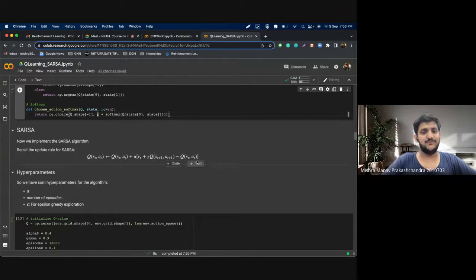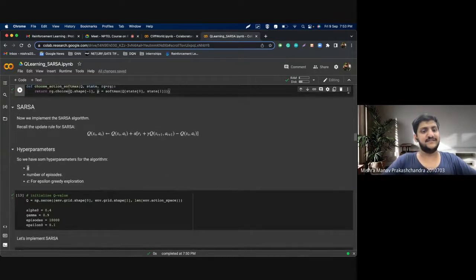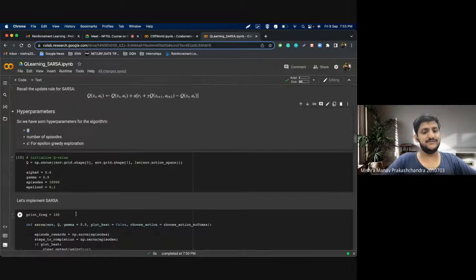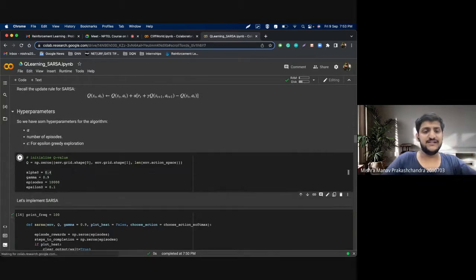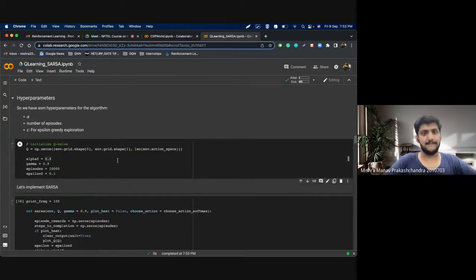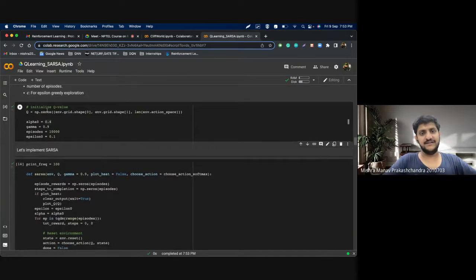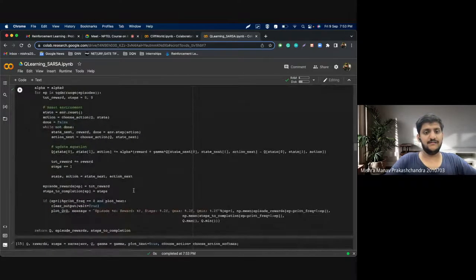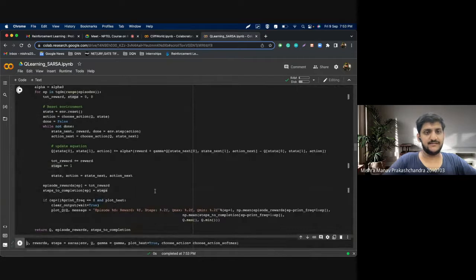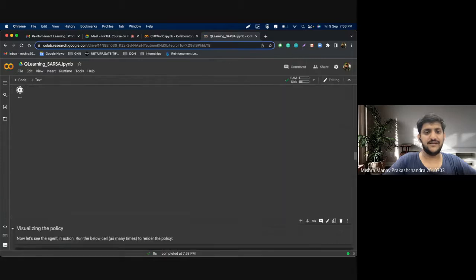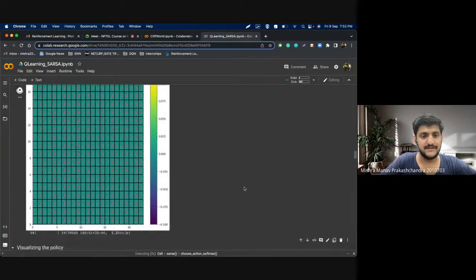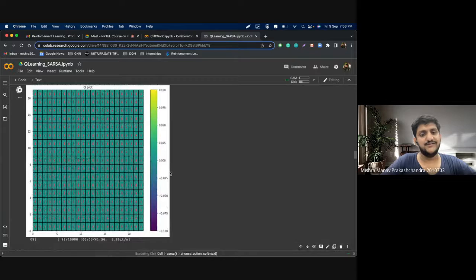So this is the update rule for SARSA. The hyperparameters here are alpha, gamma, epsilon, and the number of episodes. Alpha is 0.4, gamma is 0.9, 10,000 episodes, epsilon 0.1. We initialize the Q values to 0, and then this is the SARSA function, and you simply train it for 10,000 episodes. Initially all the Q values are 0, and as it trains,